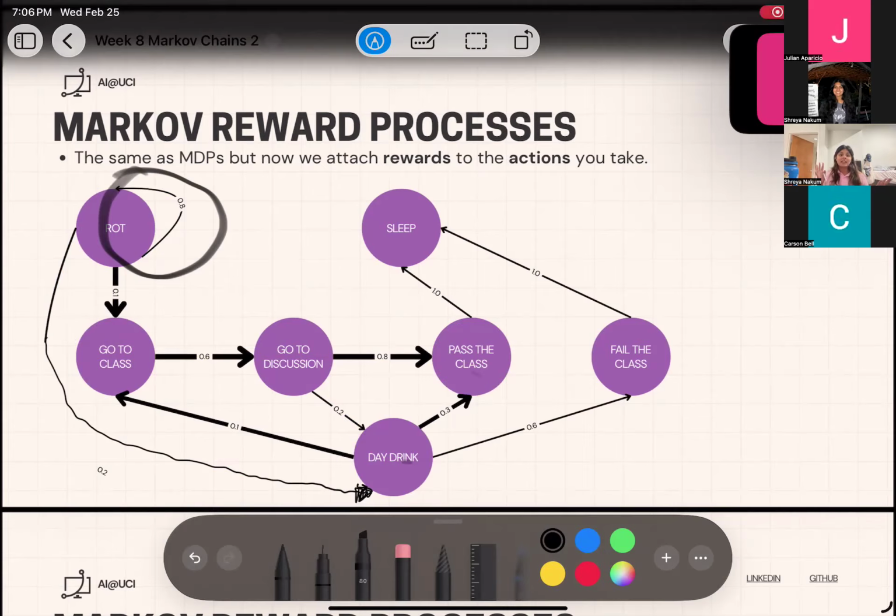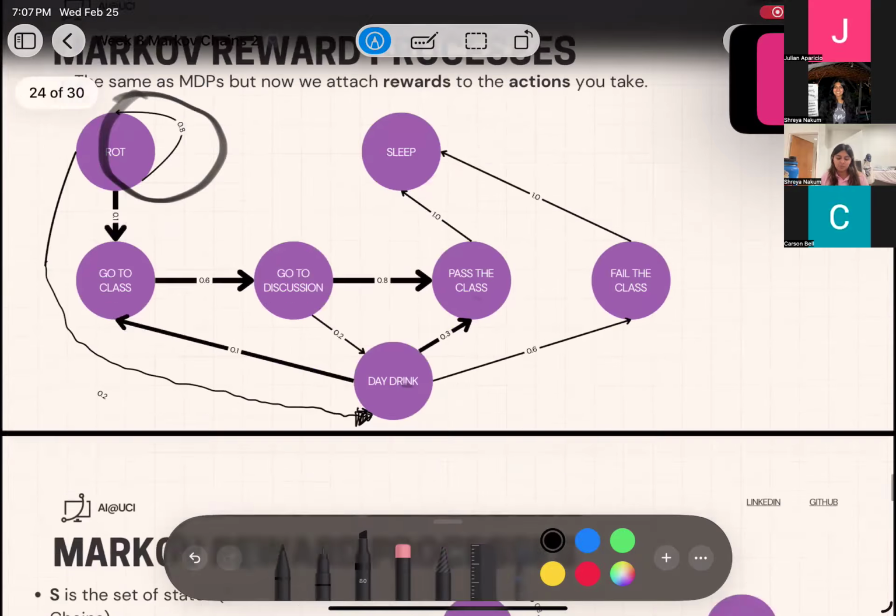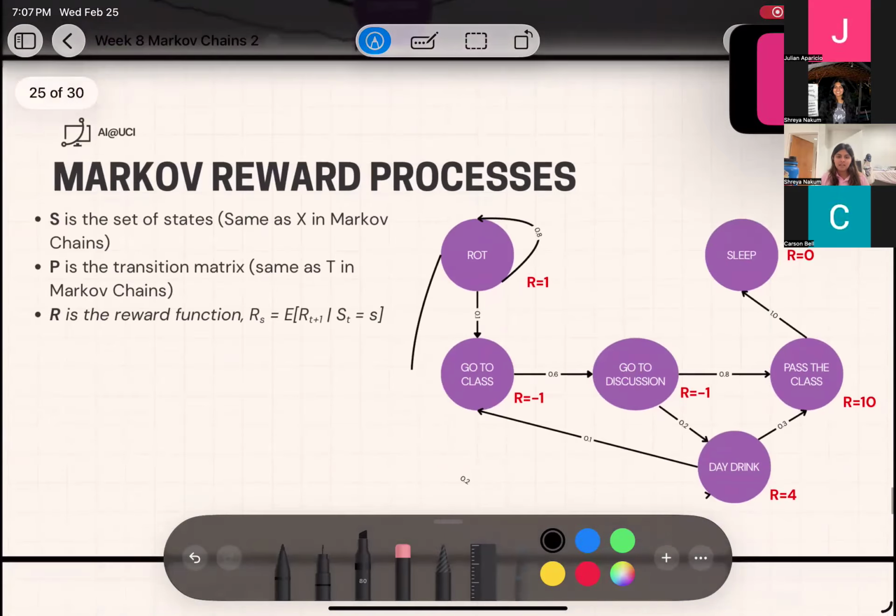So each state has a reward attached to it. That's the idea: you want certain states to be where you want to be. Obviously your goal state should have the highest reward because that's where you want to be eventually. But all these middle states are the ones that you can adjust things for. So this is an example of that. Don't know why it got deleted again.